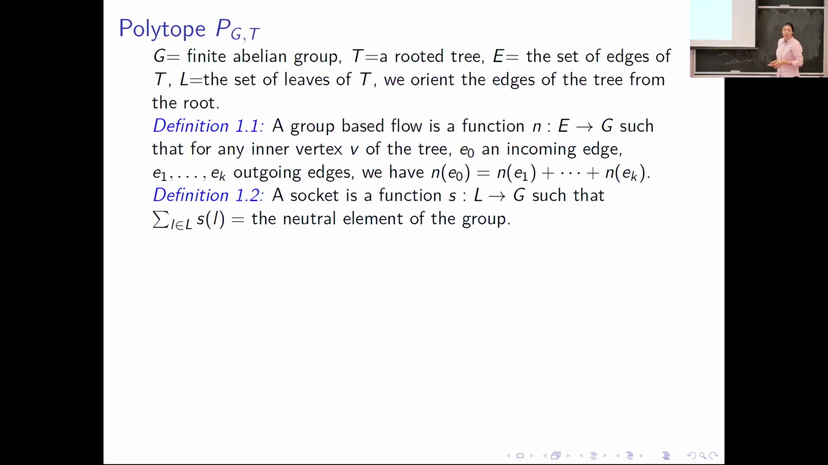There are two ways of defining a polytope: by giving the vertex description of a polytope, or by giving the hyperplane description of it. I will start by giving the vertex description, but also the hyperplane description, which will appear later. So we have a finite abelian group G, T a rooted tree, E is the set of edges of the tree, L is the set of leaves of the tree, and by leaves I mean edges that are adjacent to